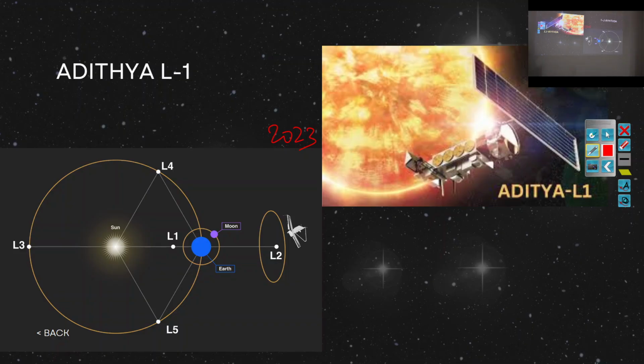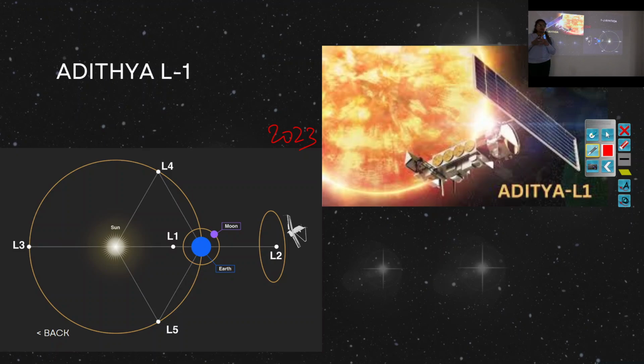So, Lagrange points, when there are two objects in the universe, they are attracted by the gravitational force, given by the universal gravitational law. Now there is the earth and the sun, right. There are 5 Lagrange points. Even the earth exerts some gravitational pull towards the sun and the sun also exerts some gravitational force towards the earth. At these points the gravitational force will cancel out and help any object to remain stationary.